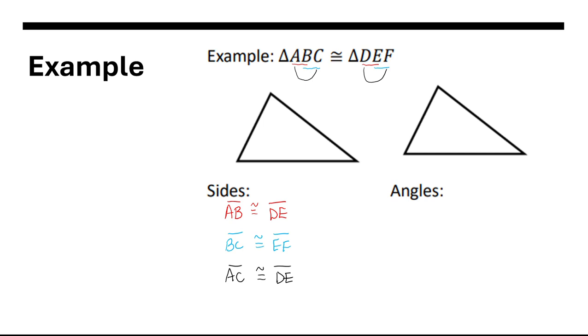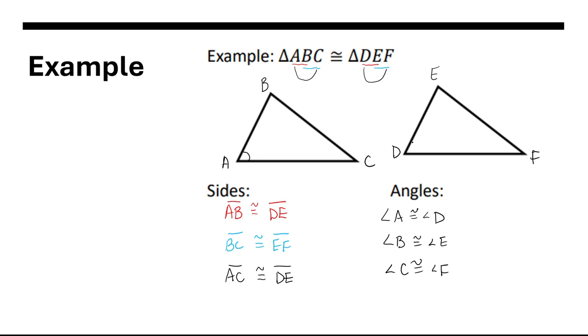The same thing is true with angles, the corresponding angles. So angle A would have to be congruent to angle D because they're listed first. Angle B would have to be congruent to angle E, and angle C would be congruent to angle F. If I wanted to name this diagram, once I call this one ABC, then I'm going to make sure that the letters D, E, F line up with those sides,